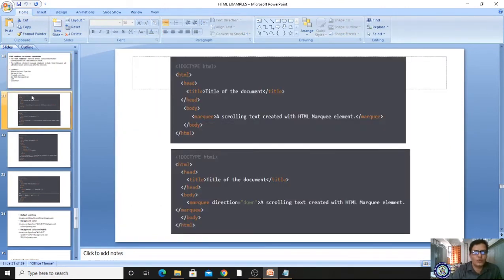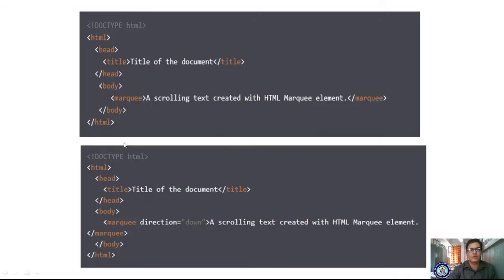Now we will move to the marquee. Whatever text you want to make move, that text should be mentioned within the marquee tag. If you see here an example, hope you are seeing it, right?